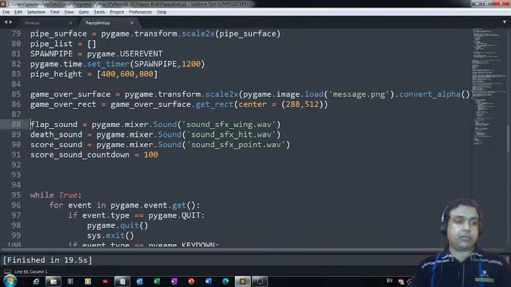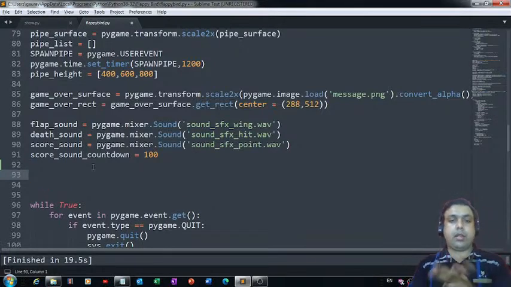But before that, let me just tell you that the code which you are able to see here, it's the sound code. I have used pygame.mixer.Sound for accessing these game sounds on my window. Fine. Okay. Let's now come down, and here I would like to define a function which can help us in